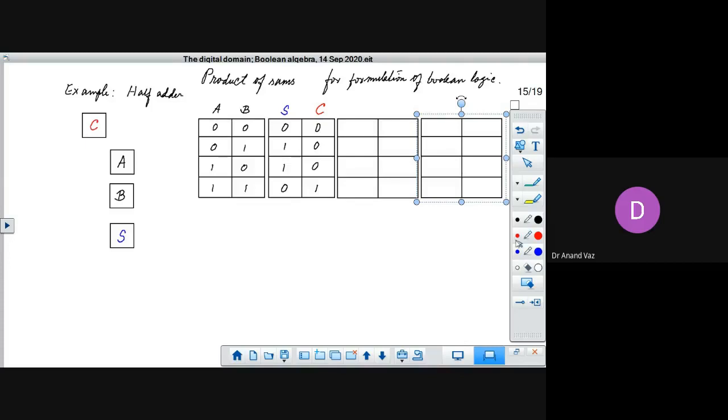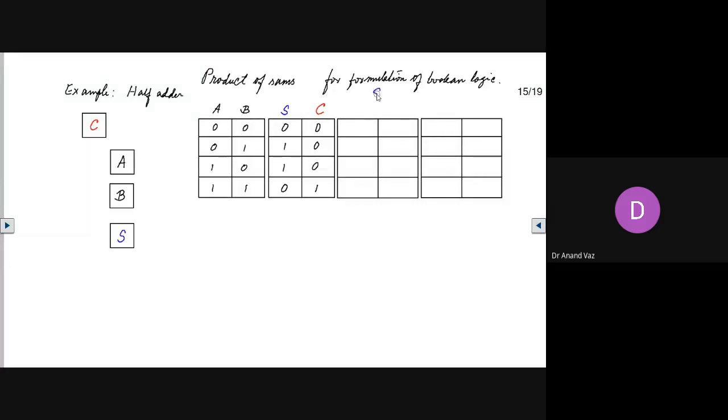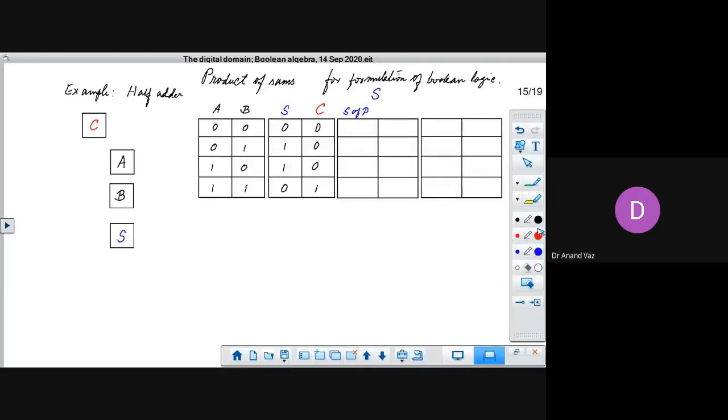Now if we try to write the outputs, first we are going to discuss for S, and after that we'll discuss for C. So for S, if we follow the method of sum of products, I think it's better if we change this variable.